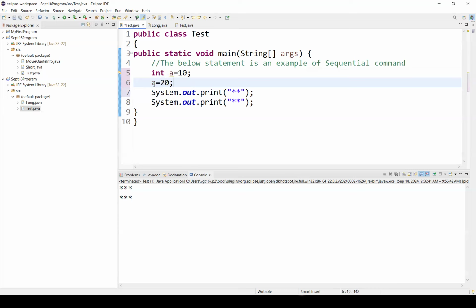So I'm not creating another int. I'm not saying int a equals 10 because I have already created it. In my new line, I'm just replacing the value of a with 20. Now, if I want to print this value, what I can do is I can say